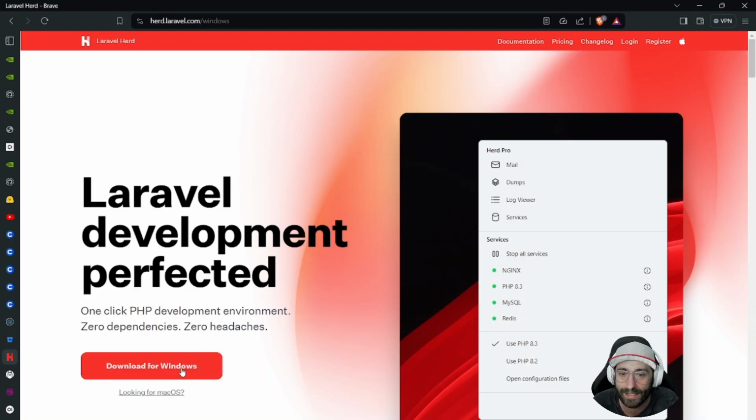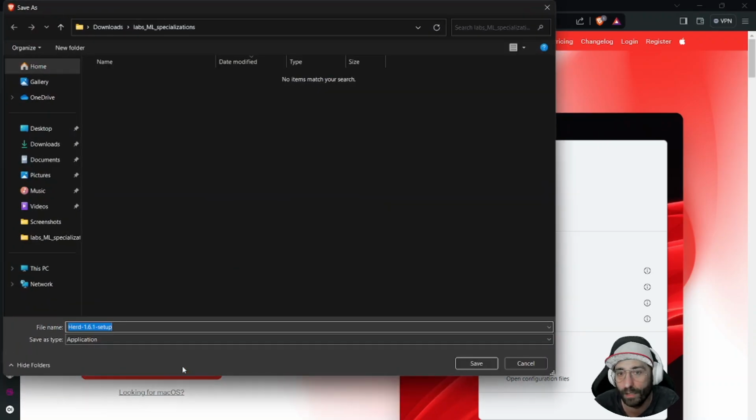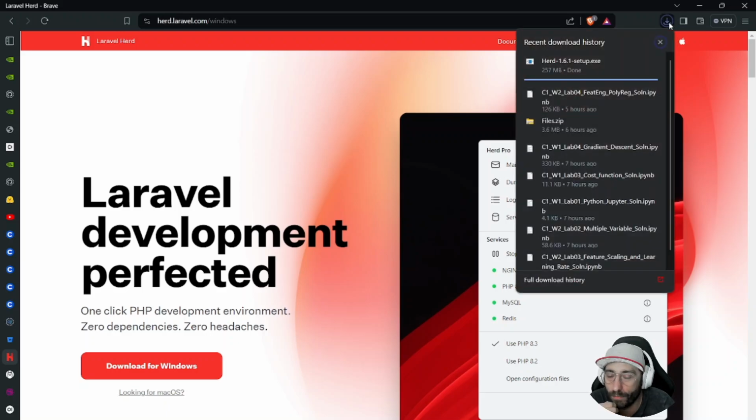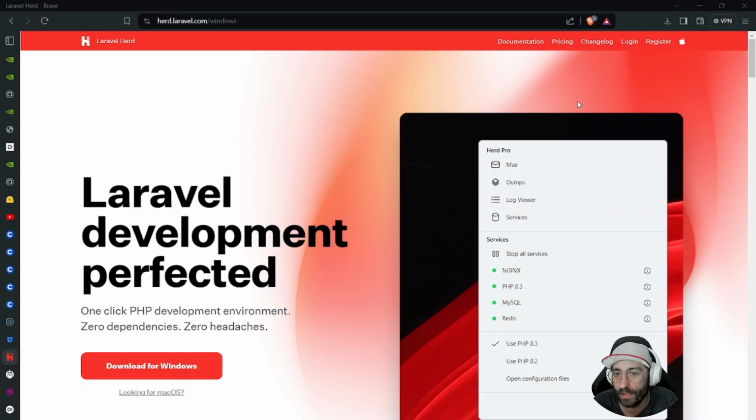So let's have a look. Click on the download button, and then we choose the place where we want to save this file. So this is the installer, and let me save it. As soon as the download finishes, we can install this software on our local machine. As soon as it's finished, we can click on it and